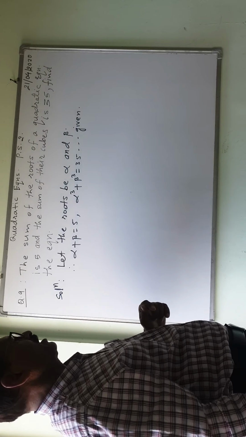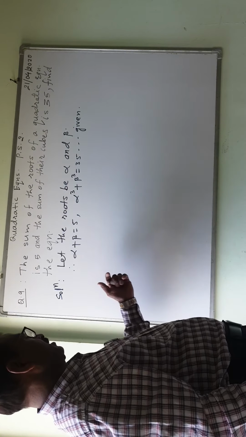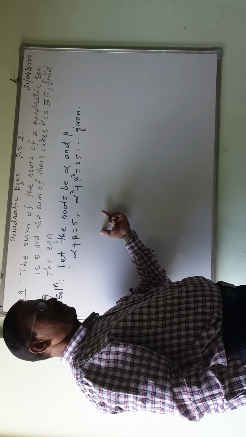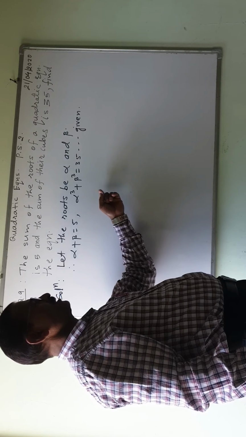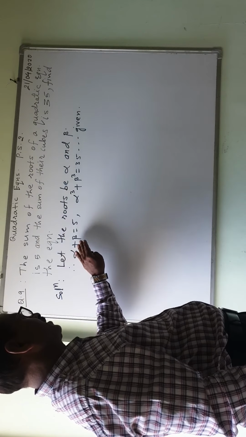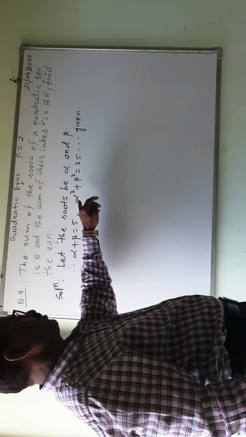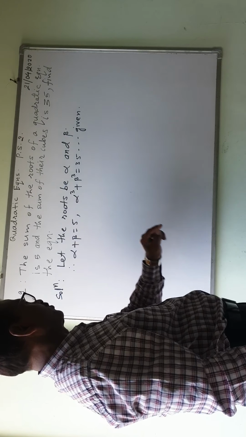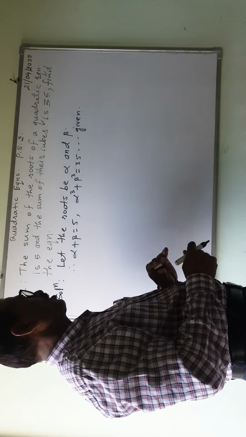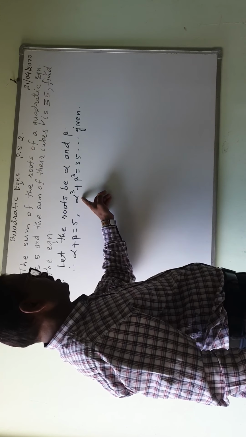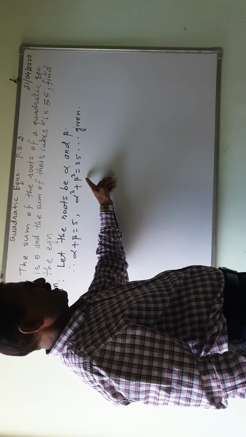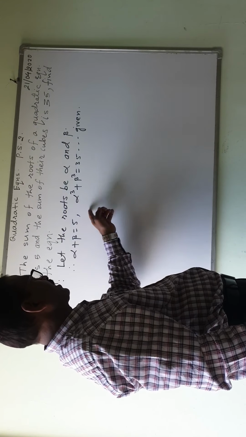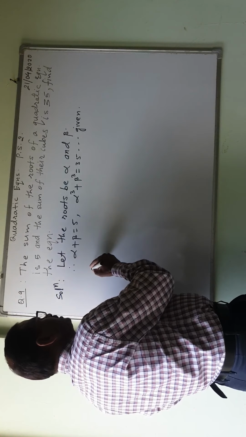Now to frame the quadratic equation, what I want is, the equation is x square minus alpha plus beta into x plus alpha into beta. Alpha plus beta I have, but alpha into beta I don't have. So from these two pieces of information I have to find alpha into beta. So how to solve this? Alpha cube plus beta cube is given. From there itself I can find alpha into beta. See how?